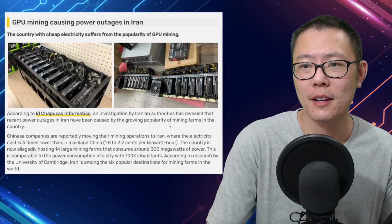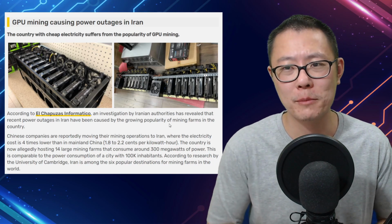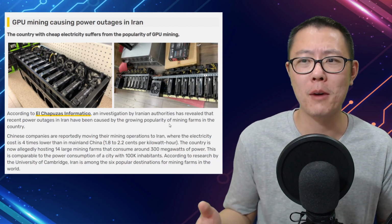So the second issue I had with that statement earlier on is that Nvidia expects $50 million worth of CMP sales this quarter, and that Hut 8 is going to fulfill 60% of that amount. So do we really think that Hut 8 is the only company, or one of very few companies in the world, that are after these GPUs? There must be hundreds and hundreds of these companies all after these GPUs, and we have plenty of stories about these mining companies. We have a story from Videocardz from a couple of months ago that says GPU mining causing